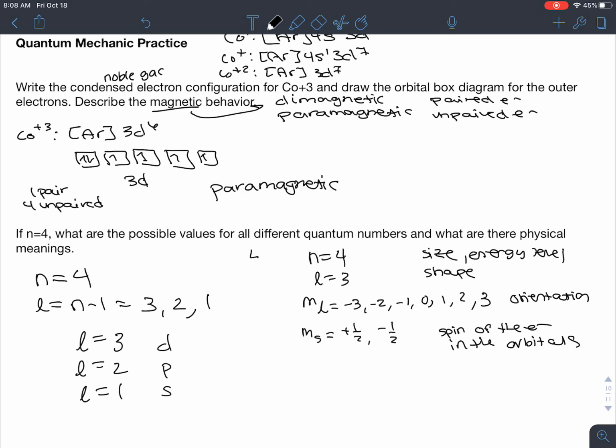So for example, here I'm in energy level 4. I have a d orbital, I have 5 d orbitals, and then I have the electrons that will spin up and